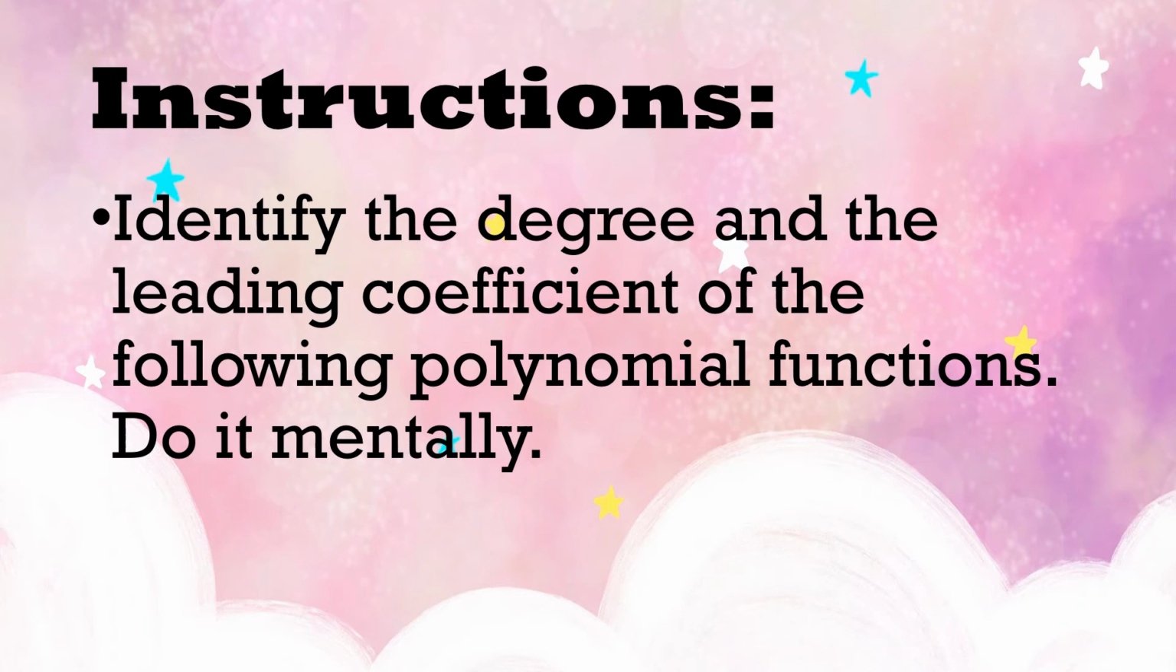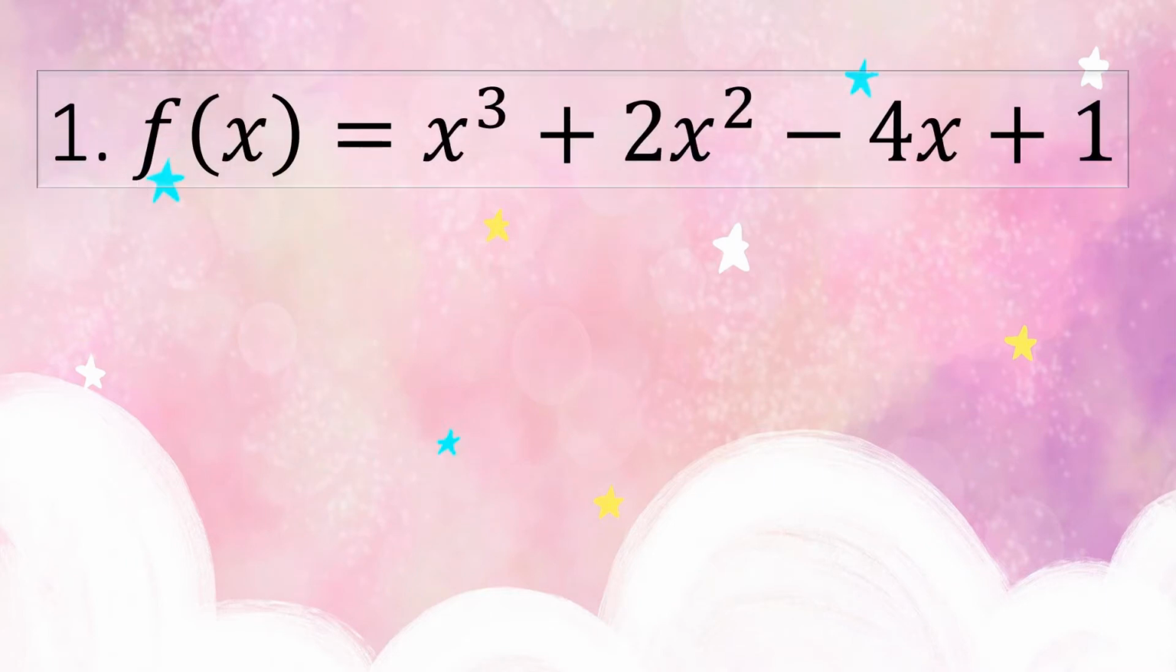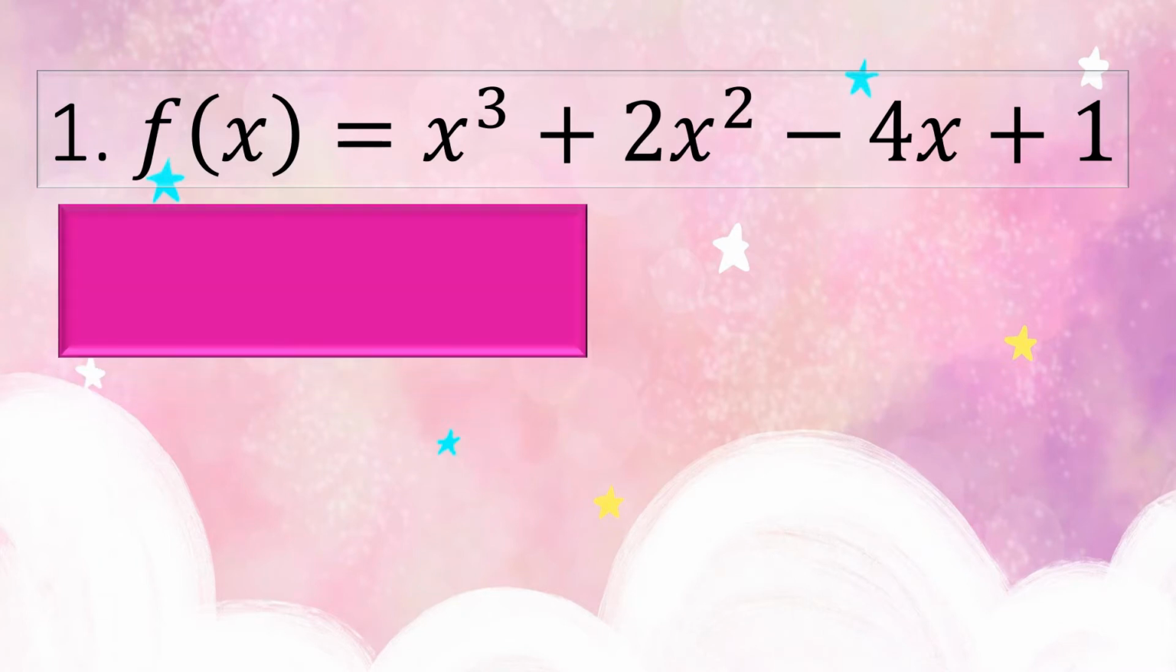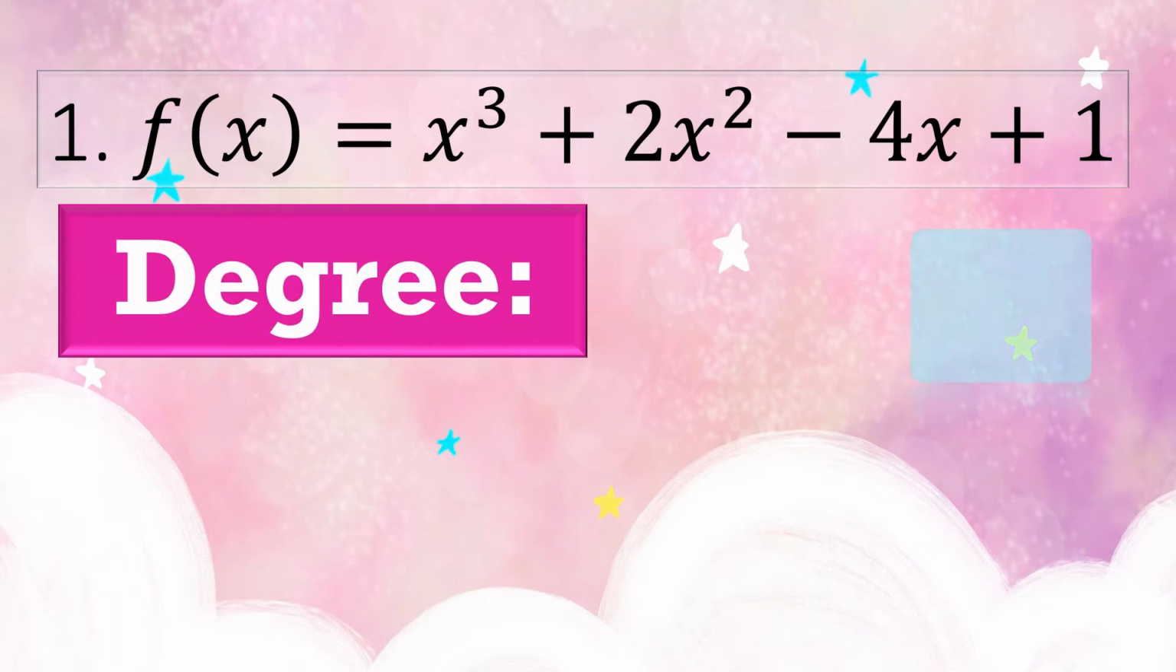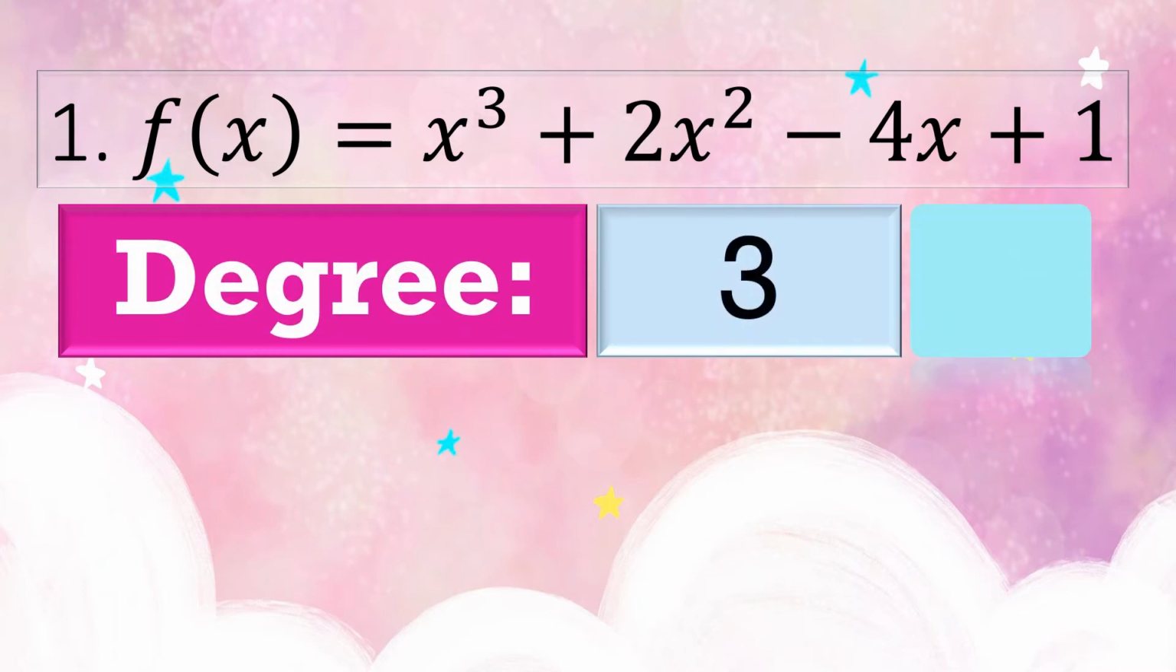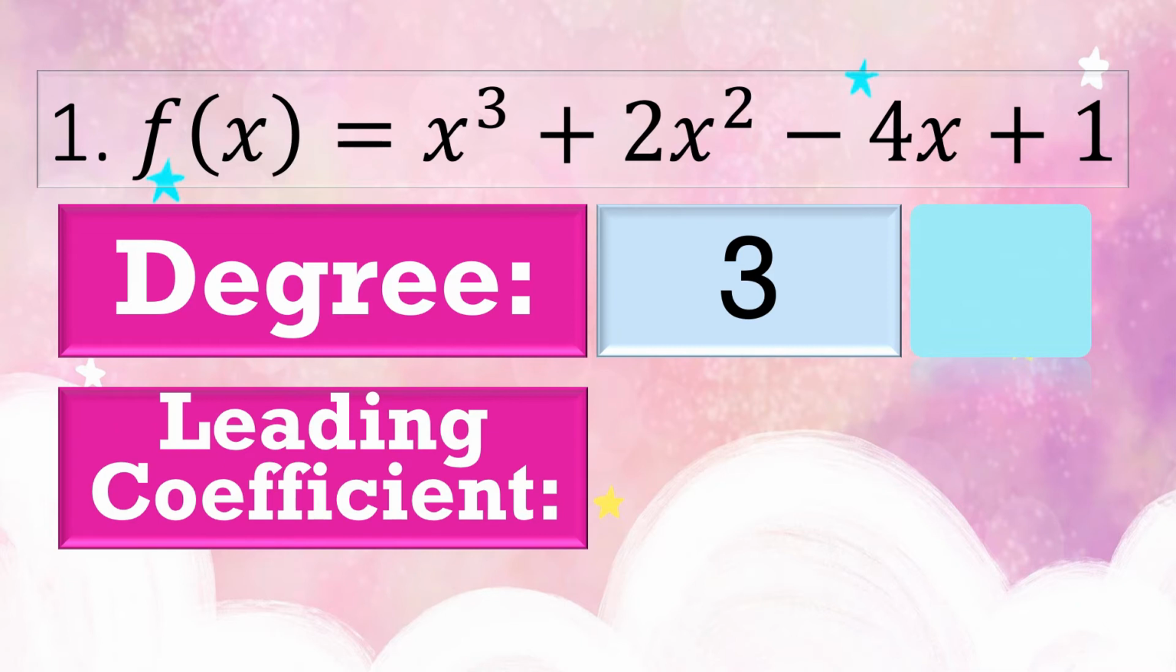Now let's apply this concept in identifying the degree and leading coefficient of the following polynomial functions, and we have to do it mentally. Number 1, f of x is equal to x raised to 3 plus 2x raised to 2 minus 4x plus 1. The degree is 3. The leading coefficient is